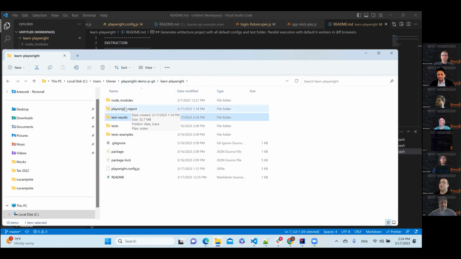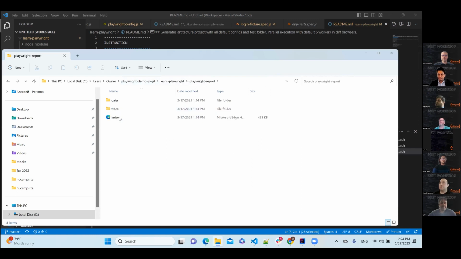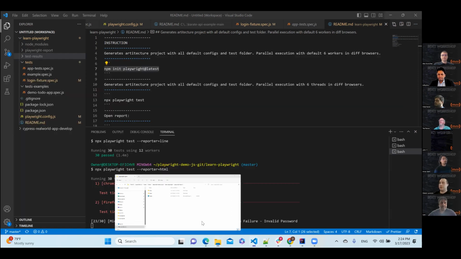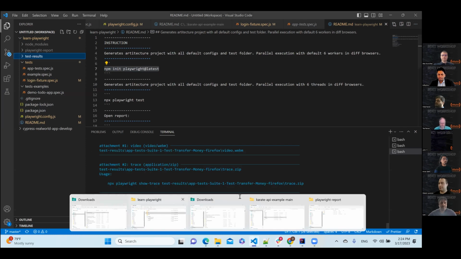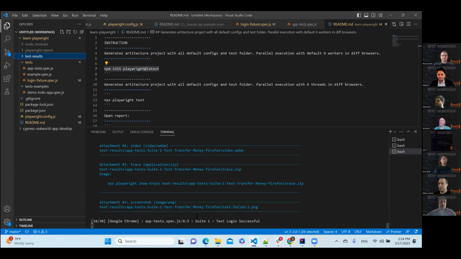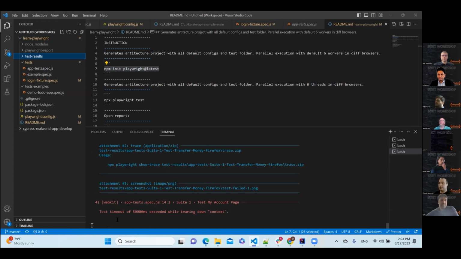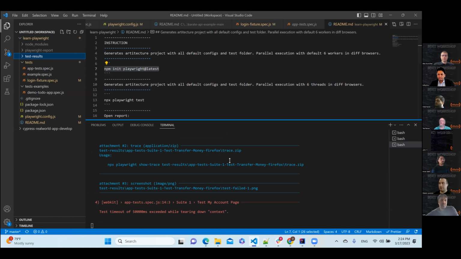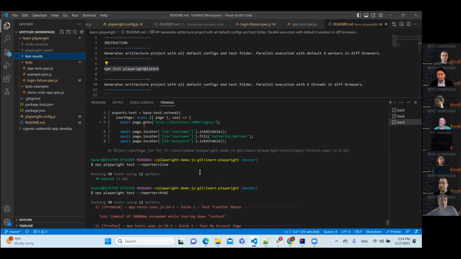If you open the Playwright report, you can see the most important report here, and what I like in Playwright is that this report usually opens automatically for you. I just need to complete execution after overwriting my previous report, and I have some problems in these cases. You can see different types of exceptions.